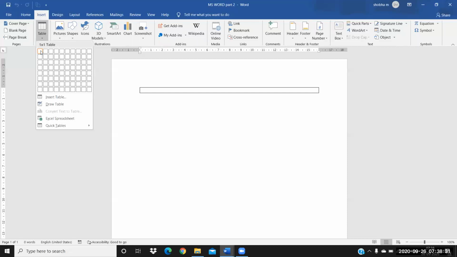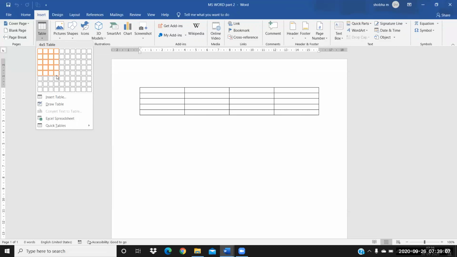See, this is one cell. And if I take this 2 into 1, this will be 2 cells. And if I take down, this will be 4 cells. And these 4 cells will be called 2 rows and 2 columns. If I take like this, it is called 3 rows and 2 columns. Sorry, 2 rows and 3 columns. You call it three columns. So 4 columns and 2 rows. See, like this I keep increasing here.